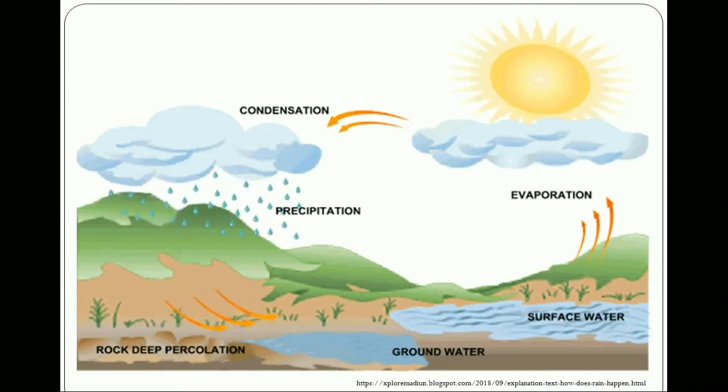How the rain happens. The phenomenon of rain is actually a water cycle. The Earth's surface water is heated by the sun, and this causes the surface water to evaporate. The water vapor then rises into the Earth's atmosphere. The water in the atmosphere cools and condenses into liquid droplets. The droplets grow until they are heavy and fall to the earth. Outstanding, isn't it?